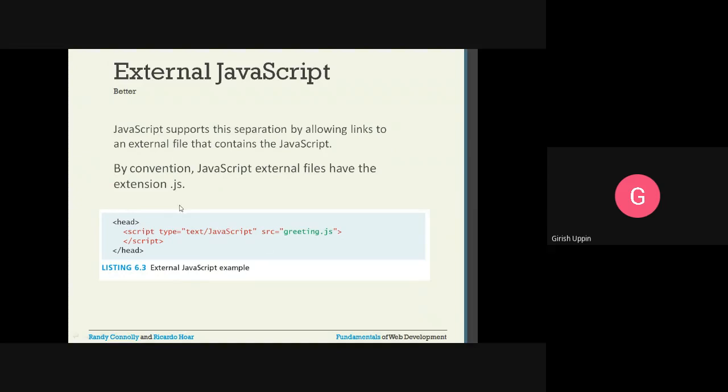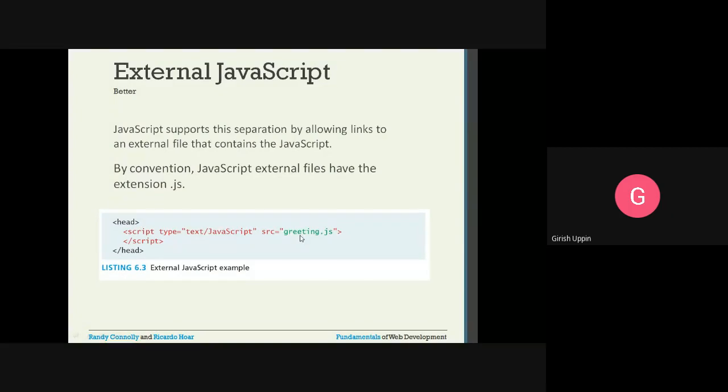This is the example. Inside the header section, I have script, type is equal to text/JavaScript, src, source, is equal to greeting.js. So this is the assumption that whenever you are giving a source, you should be aware where this file will be present.